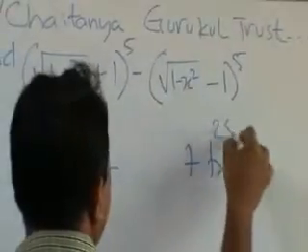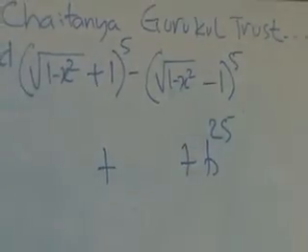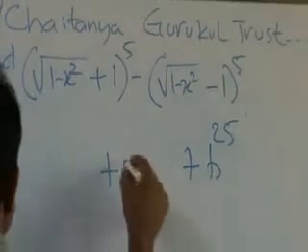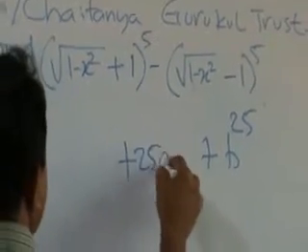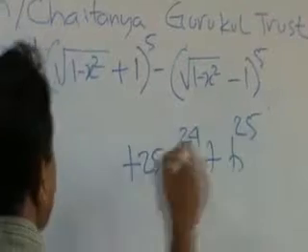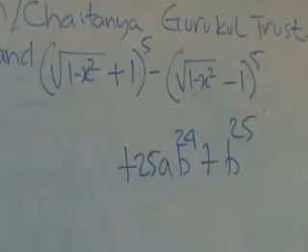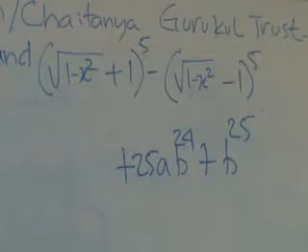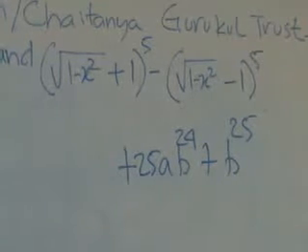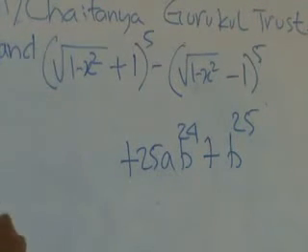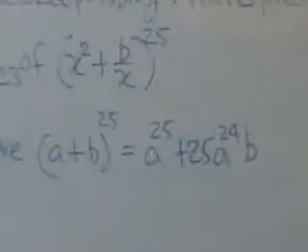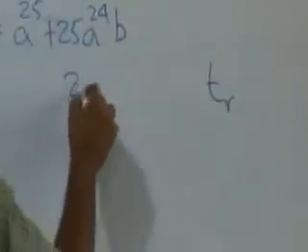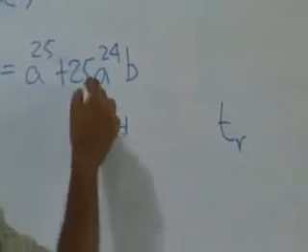The last term, that is also understandable. And what would be the previous term? 25 a b to the power 24, because the power of b will be increasing 1 by 1, and a will be reducing 1 by 1. Now we try to write Tr. Again, now tell me, how much is Tr? So we know that in the second term it is